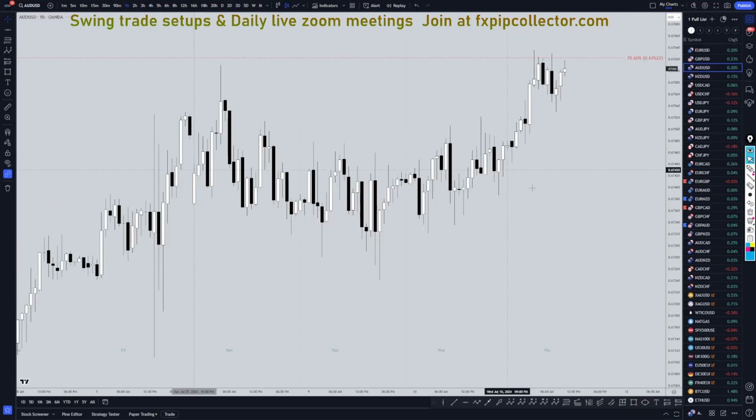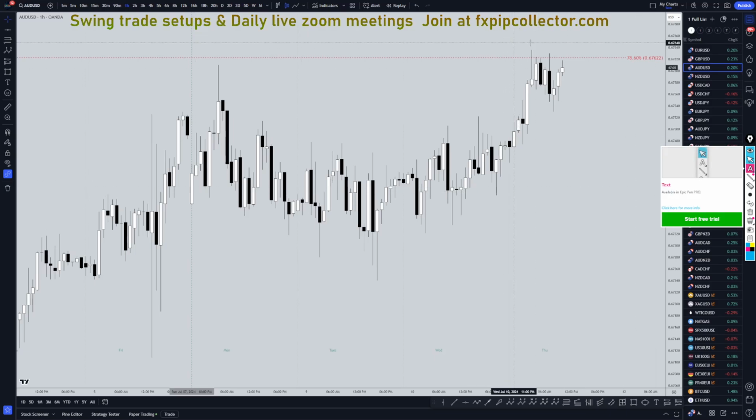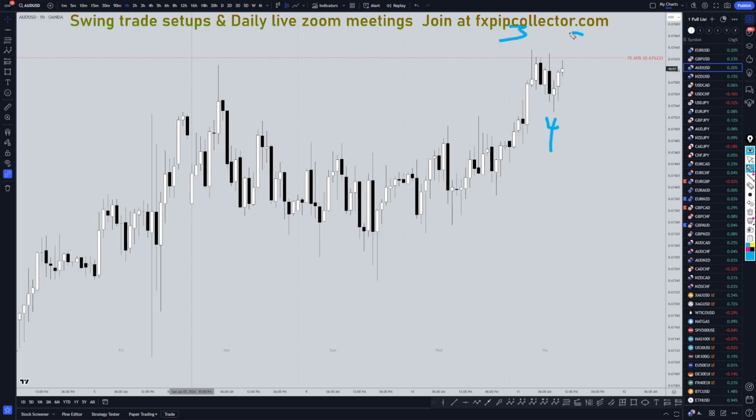Going down to the 1 hour time frame. Even on the 1 hour time frame, we have that kind of 3, 4, 5 shape right here. So I do think it is going to try to make some sort of a move down today at the news, most likely. Now, if it goes down, if it breaks structure, that doesn't even tell us anything is over.